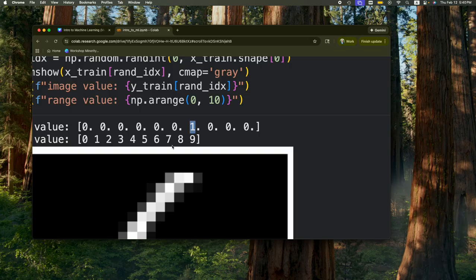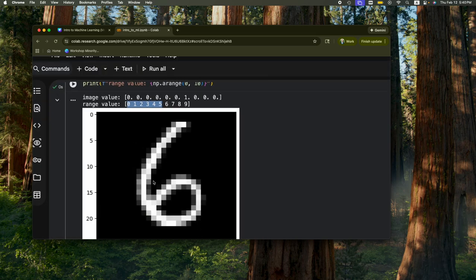This represents the 6th value. These zeros are just these values up here, so they're off. They tell the model that this image represents a 6. That's why it has that one on.